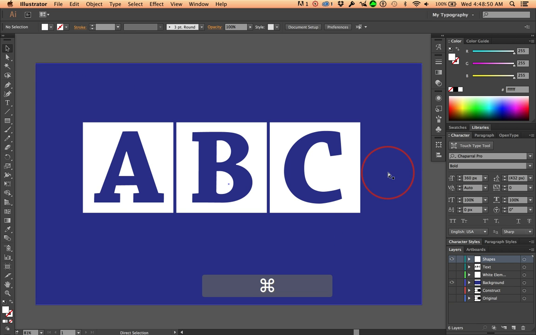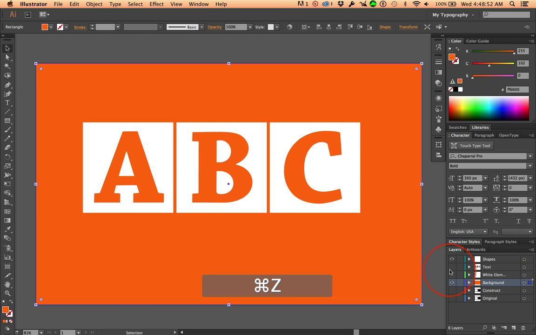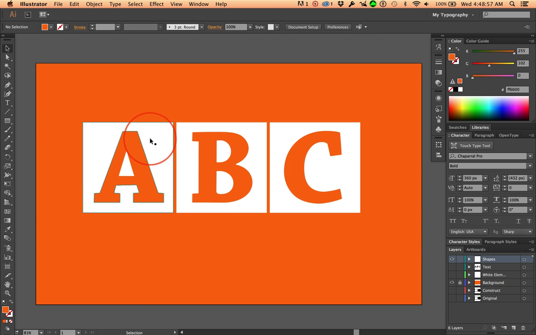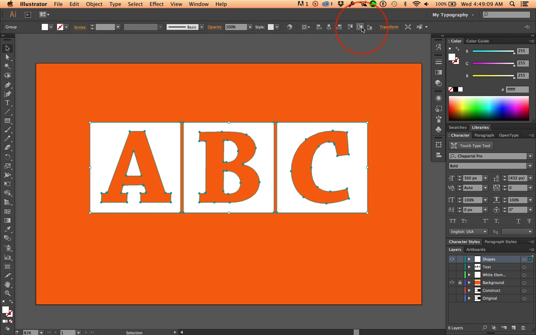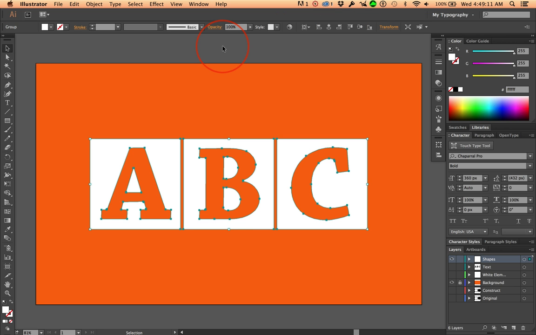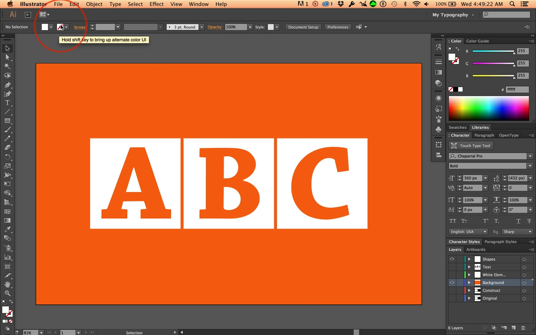I want to change that background back, so I'm going to do Command Z and go ahead and lock that layer once again. And then with these shapes now selected, I'm going to come in here, select these guys and group them, Command G, and now we can align to the artboard and center this both vertically and horizontally. And I nudged it up a couple points so it looked centered. And there's our ABC, which will print on either an orange or